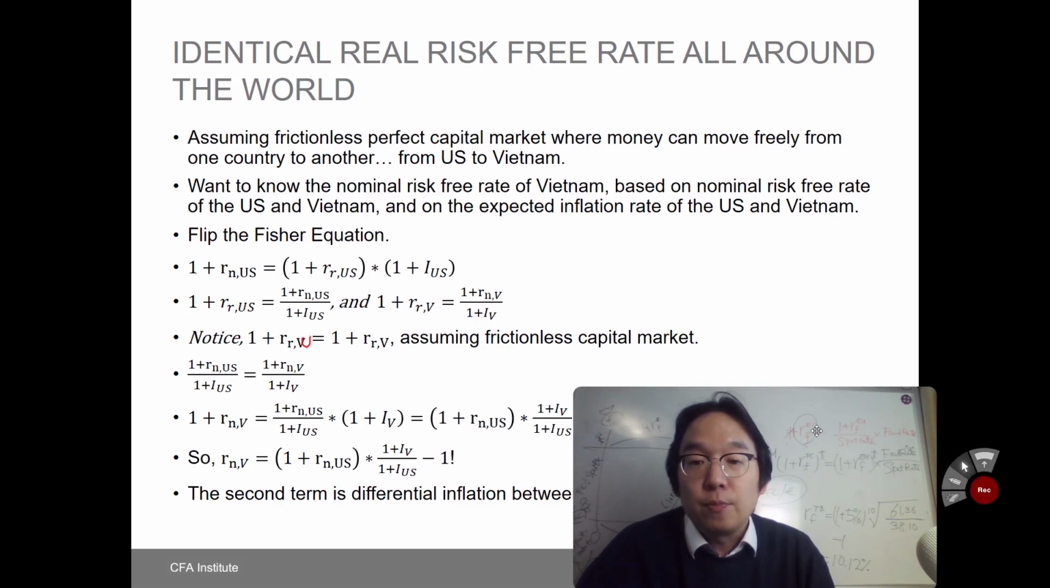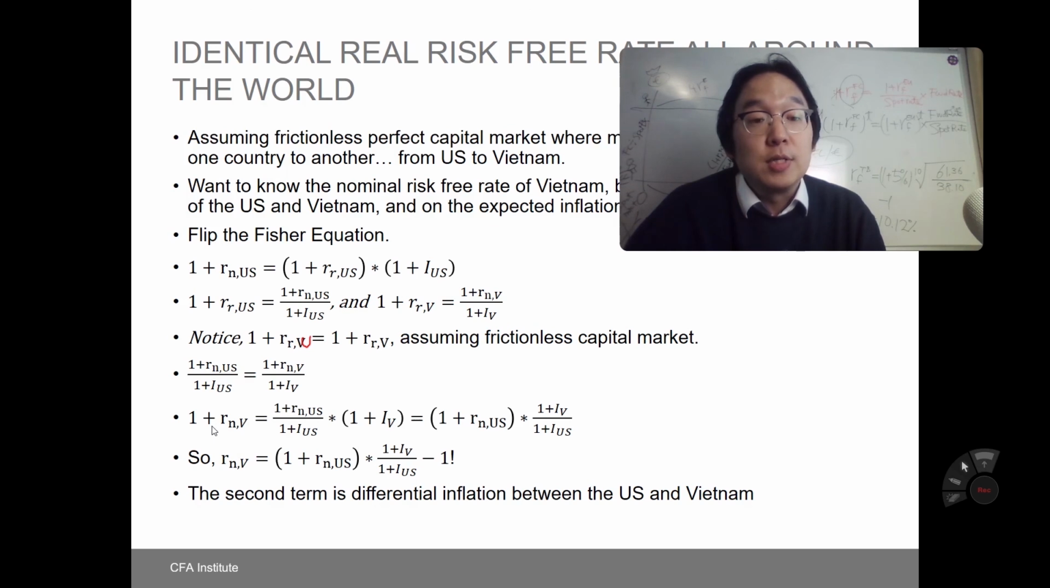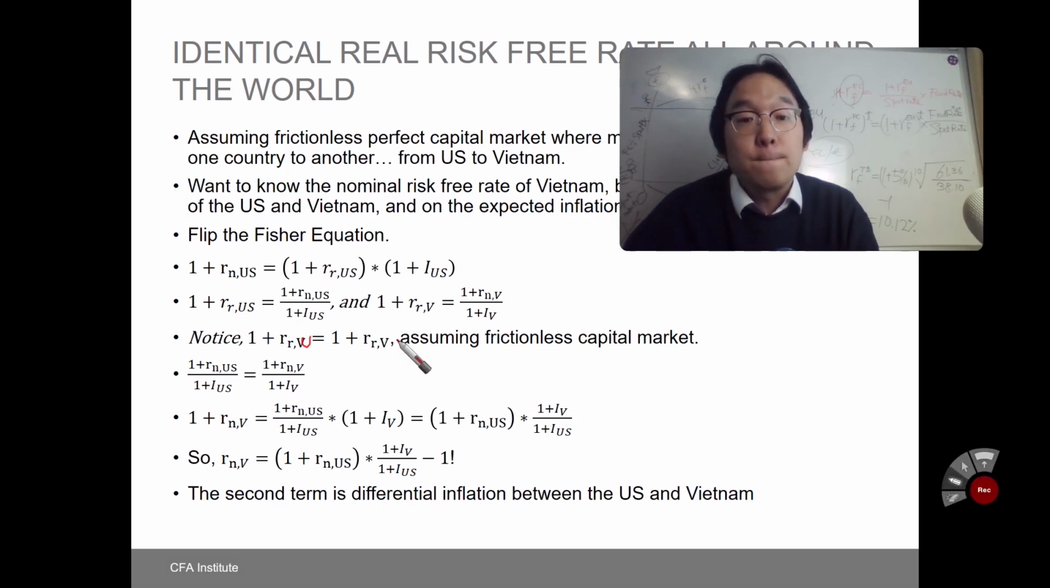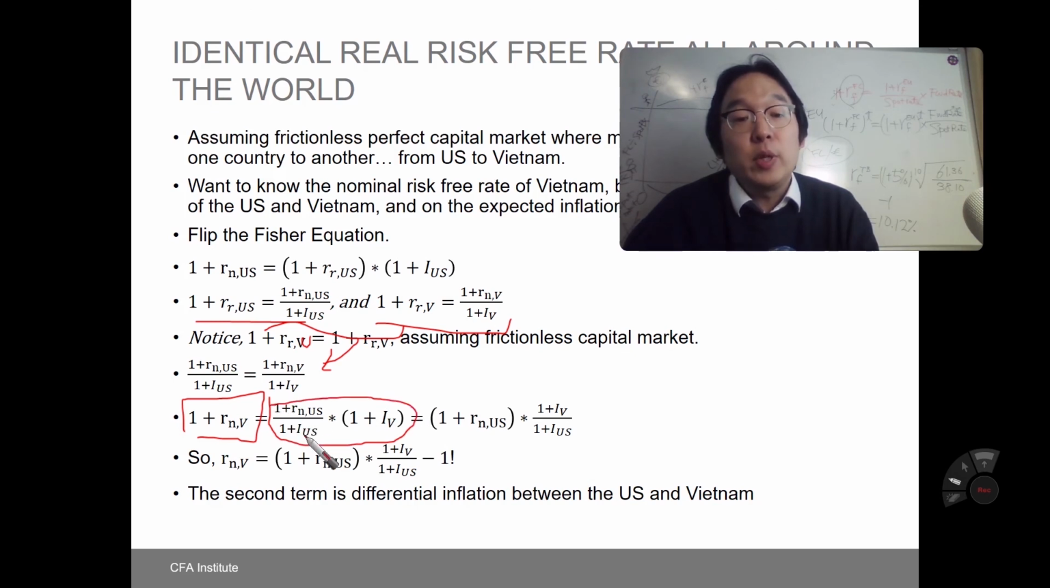Now, what do we do based on this relation? On each side of the equation, we can introduce the nominal risk-free rate of both countries and the inflation rate of both countries using this relation over here. Equate these two, and then you will get to this point. Then what does it tell me? Your nominal risk-free rate of Vietnam is nothing but this guy over here: 1 plus the US nominal risk-free rate